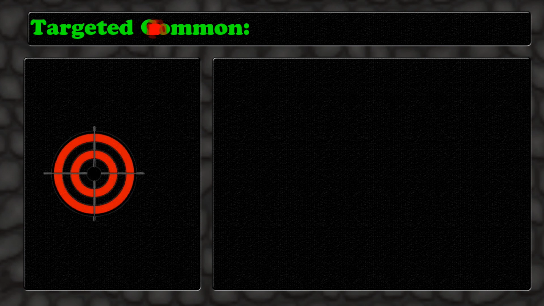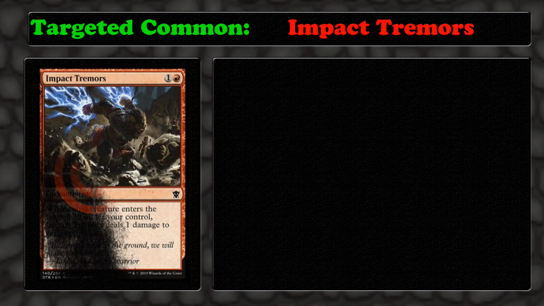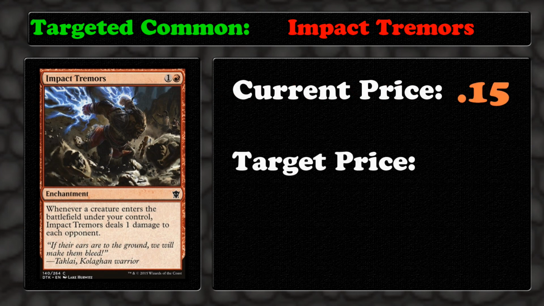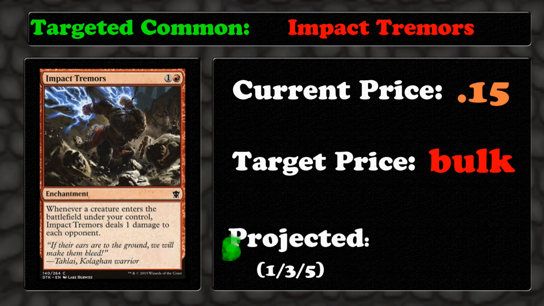My bulk common for this set is going to be Impact Tremors. I think the Impact Tremors is a card that gets better and better and better as time goes on. It definitely has the power level in Modern. You can already do some infinite combos with it in Modern, or at least infinite damage, just if you can